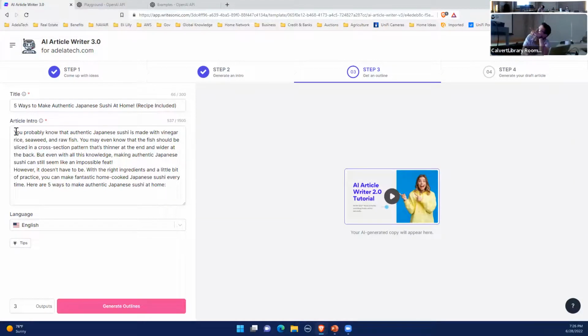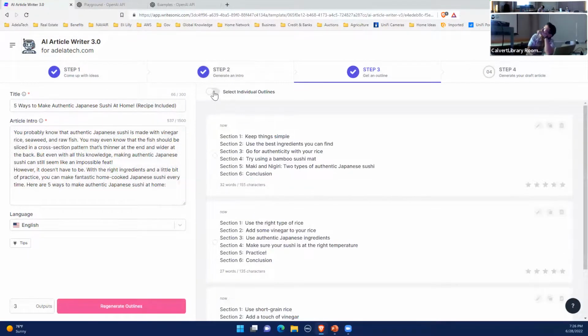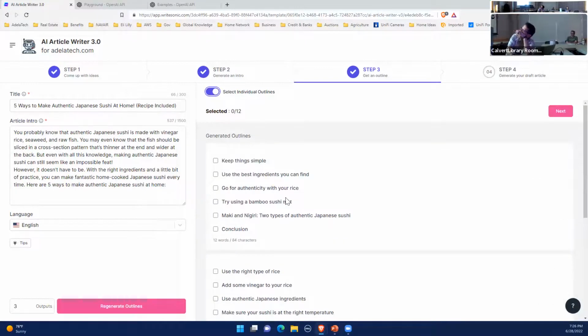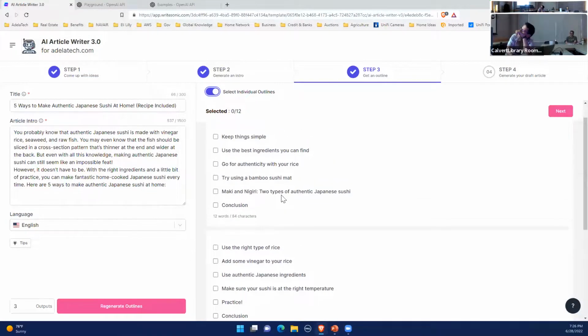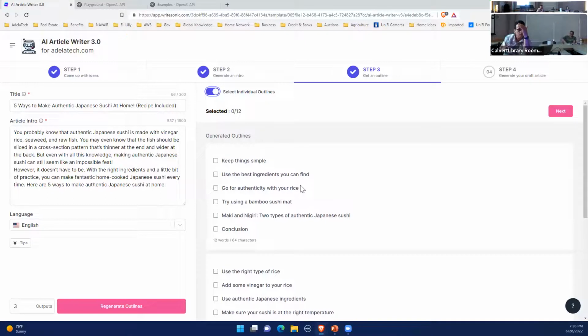Article intro, this is what we just selected. Now it's going to generate an outline, and it gives you a chance to edit it and add any words or delete words or change the tone. So we're going to generate the outlines. And I typically do select the individual outlines. You can do groupings, like they select the groupings for you. But I'm going to do this where we can just select everything that we like in this list. And these are just going to be subtopics, and it goes into more detail with each one of these. So I'm just going to pick,